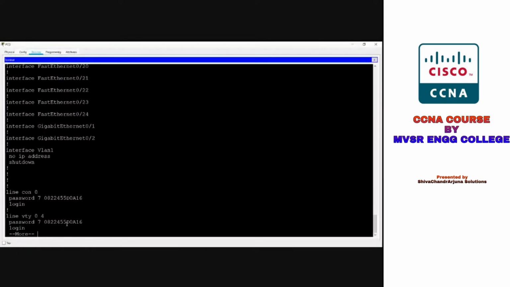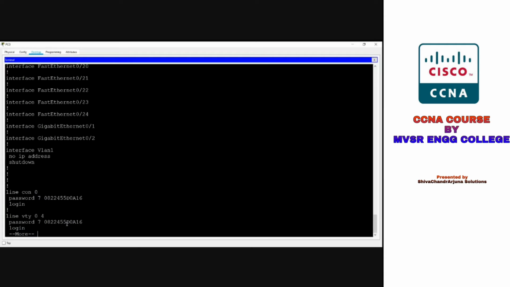So I'm using 2 switches here. One switch can give access to 24 systems and one switch can give access to 12 systems here, total 36. Yes or no? So I am securing only VTY 0 to 15 here, meaning 16 ports I have enabled and secured here.